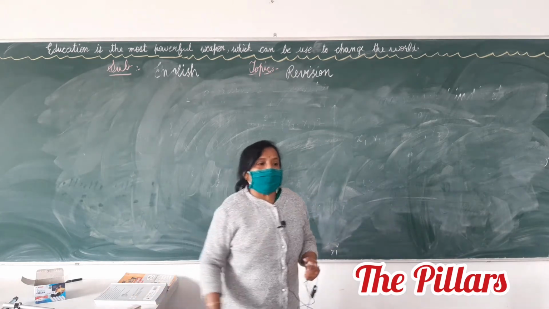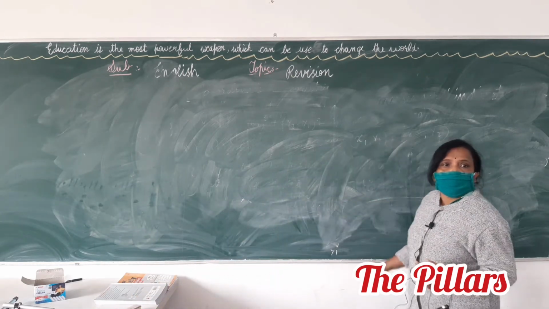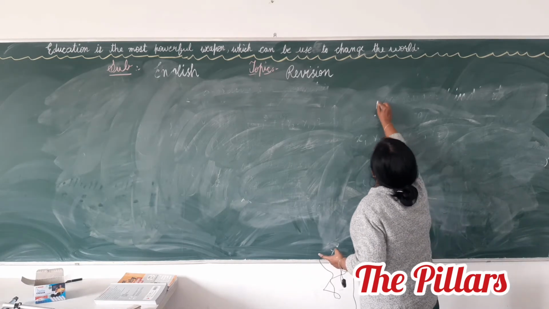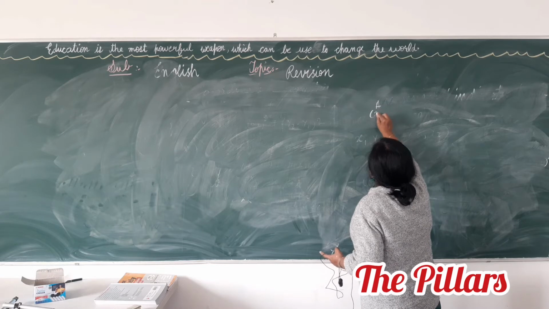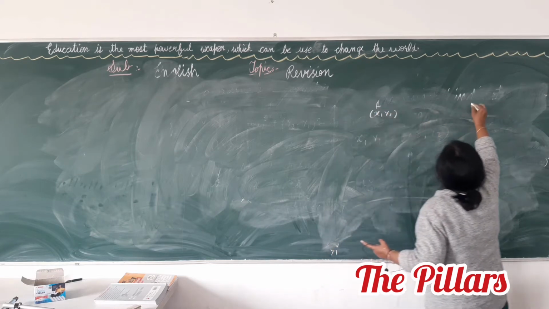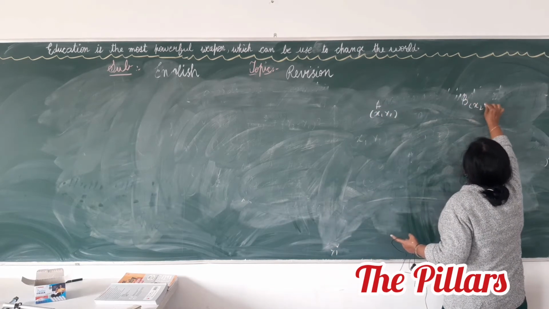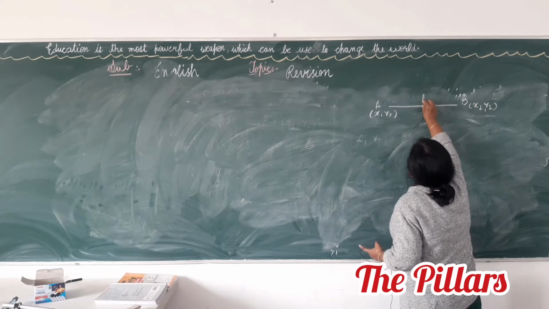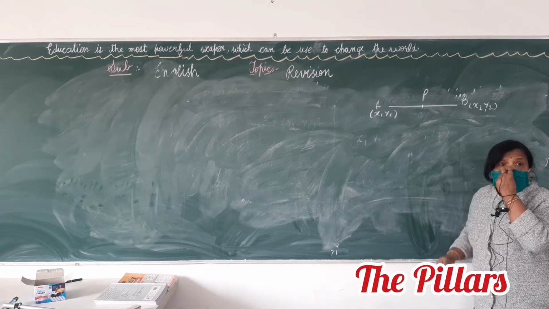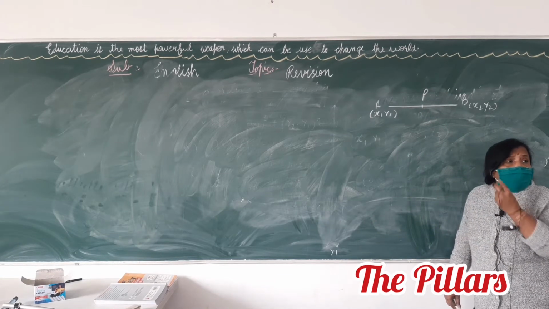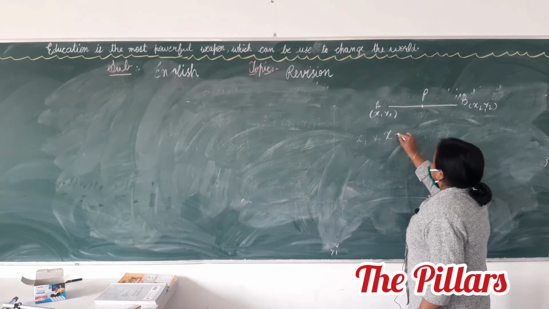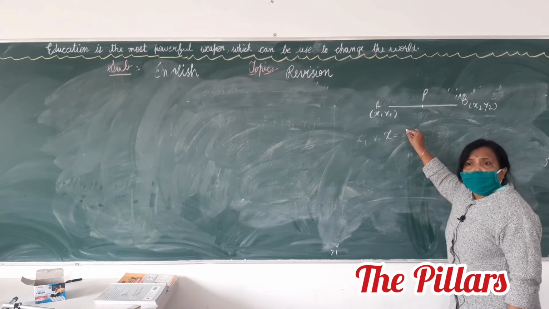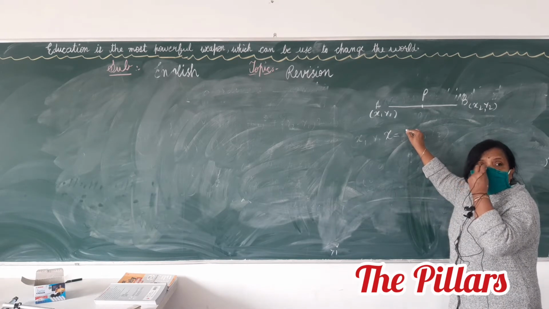how do you find the midpoint? Write the next, third formula, midpoint. Suppose you have 2 points A (x1, y1) and B (x2, y2), and the coordinates of the midpoint. When I say coordinates of the midpoint, what will be the abscissa? Suryansh, do you know? How many of you know? Raise your hand.